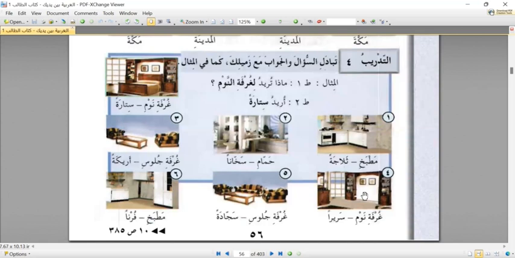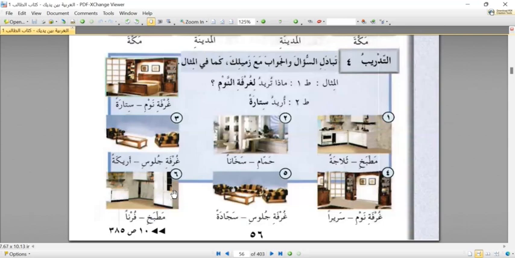What do you want for the sitting room? نعم أحسنت. ماذا تريد لغرفة الجلوس؟ What do you want for the sitting room? And the answer is أريد سجادة. What does it mean? Yes, I want a carpet. Let's move on to the next one. ماذا تريد للمطبخ؟